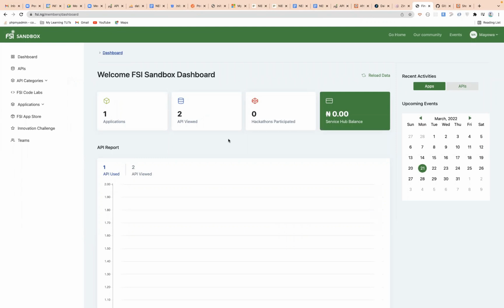So if you want to get started with any of the APIs or services on FSI, you have to be profiled or you need to register as a member. I hope you know that already. So you need to have an account on the Sandbox. Once you've done that, all you need to do next is create an